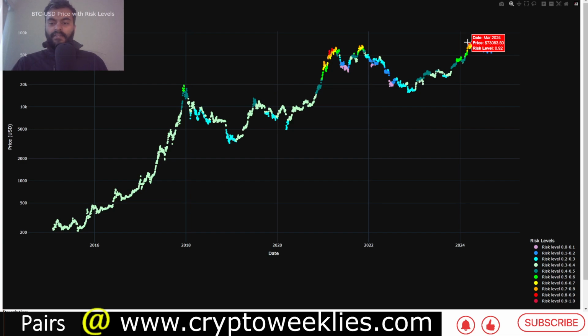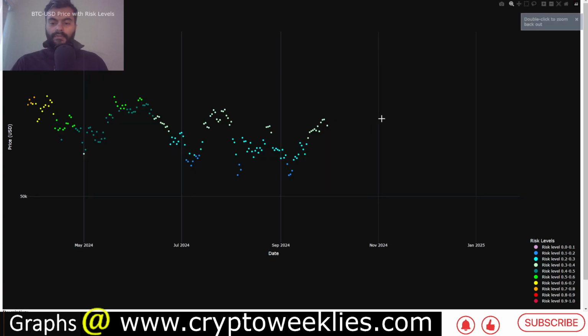Again, this identified the March top as well. Hopefully it was not the market cycle top, but an intermediary top based on the movement between the price and the 20-week. Right now, per this model, the risk to accumulate is at around 0.39. Again, risk is one way to look at it, and the opposite side of risk is reward.